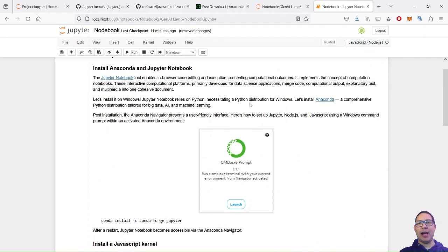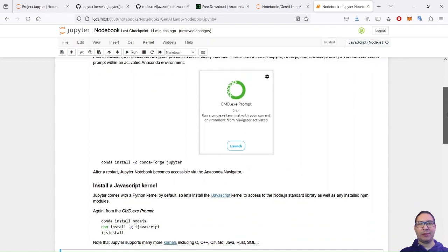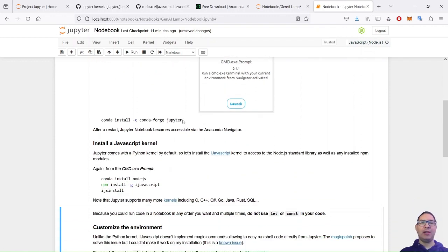Okay, so here I just summarize what we just did: what Jupyter Notebook is about, the Anaconda distribution, the CMD prompt, and the command that we need to launch to install Jupyter. To install the JavaScript kernel, we do the same kind of thing, using the same CMD prompt tool from the Anaconda console, and then you run those commands.